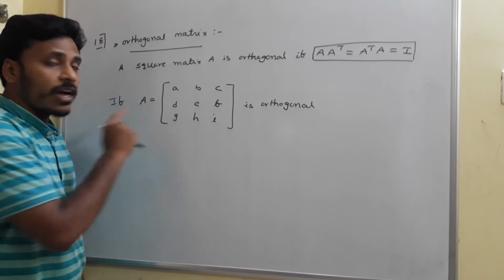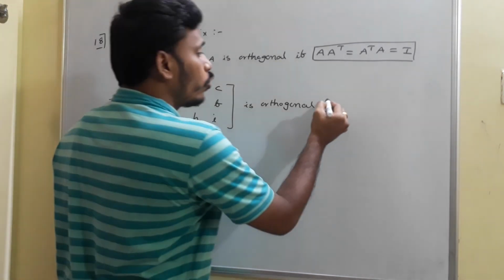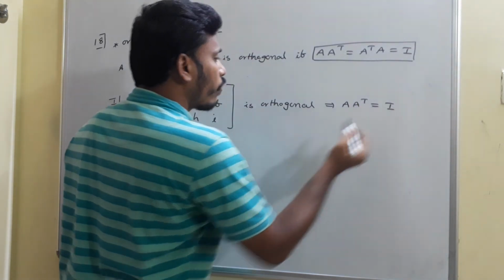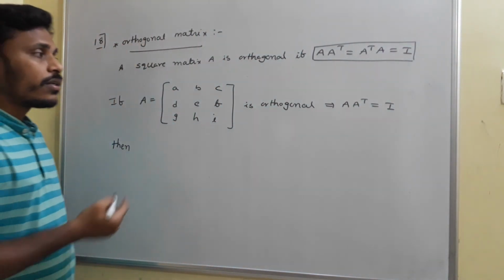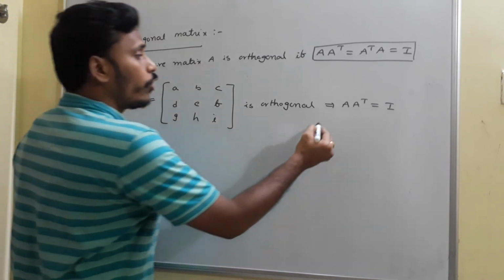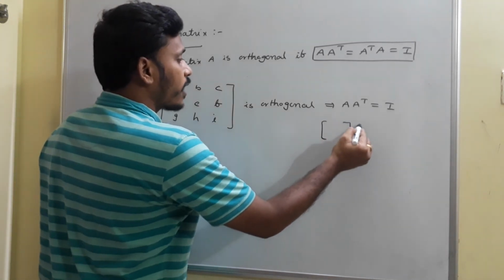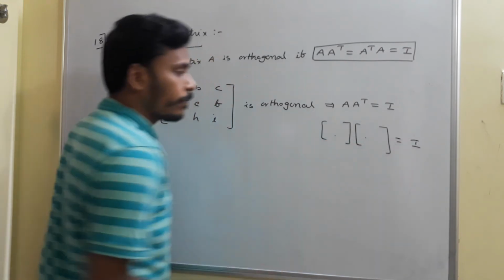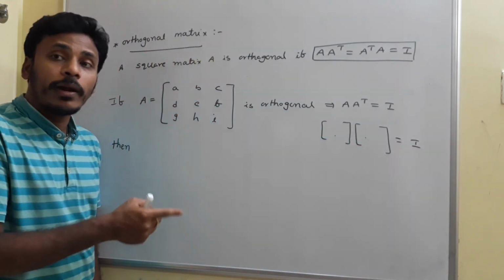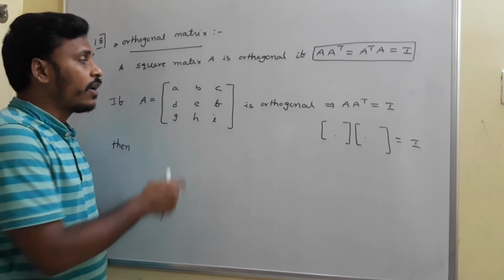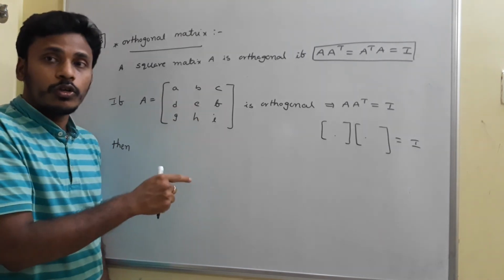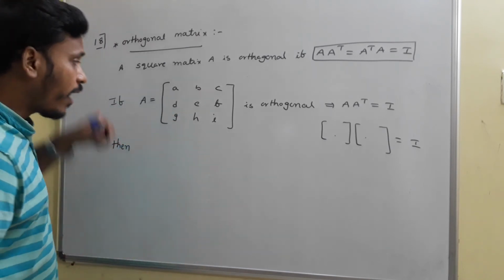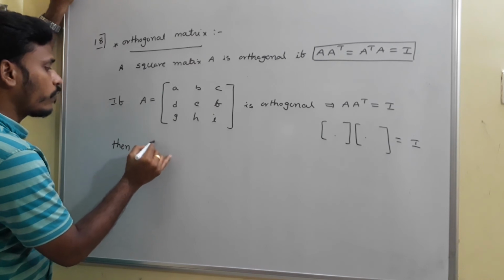Since this is orthogonal, we need to check that A into A transpose is I. You need to take matrix A as well as matrix A transpose, multiply these two and equate it to identity. If you do that, then automatically you will get that idea. What is that idea? If you multiply A with A transpose and equate the result to identity, from there you will get that the sum of the squares of the elements in